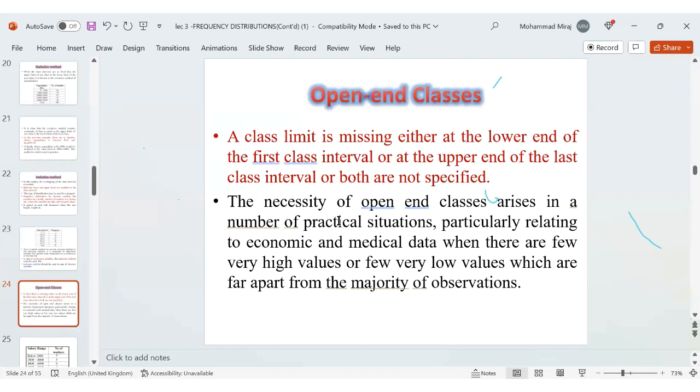देन ओपन एंडेड। अब कुछ जगहों में ओपन एंडेड होता है। ओपन एंडेड इज क्लास लिमिट इज मिसिंग ईदर एट द लोअर एंड ऑफ द क्लास या एट द अपर एंड, so the necessity of open ended classes arises in a number of practical situations। अब वहां पे आप इतने ग्रुप्स नहीं बना सकते, रेंज नहीं बना सकते, तो चीजों को समझने के लिए, उसको इंटरप्रेट करने के लिए, उसको इवेल्युएट करने के लिए,